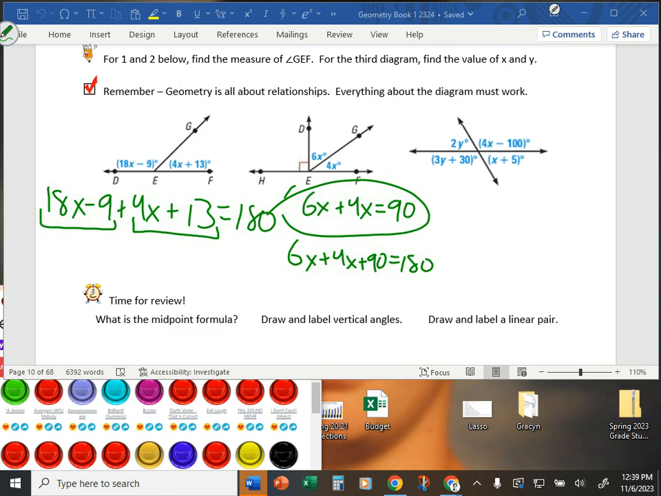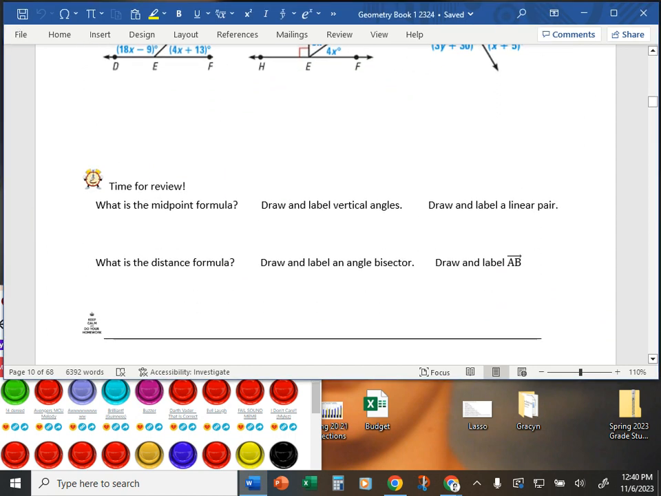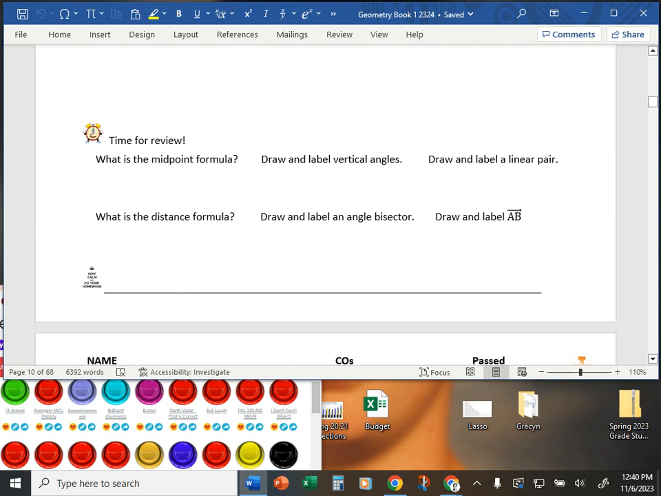So your assignment for tomorrow is going to be the review section. What is the midpoint formula? Draw and label vertical angles. Draw and label a linear pair. What is the distance formula? Draw and label an angle bisector, and then draw and label ray AB. From your textbook,